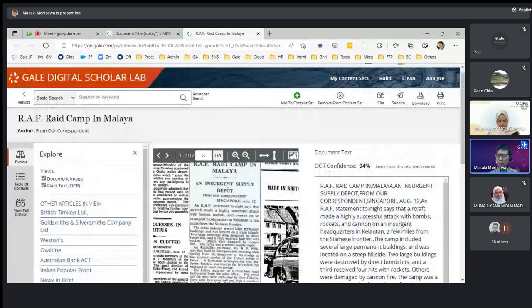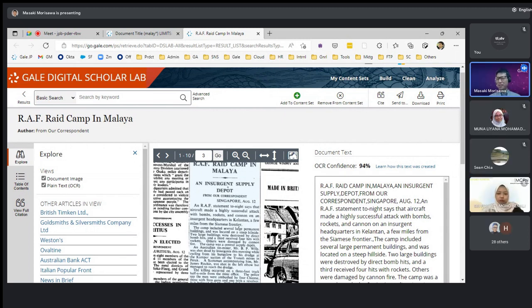And you will see that the OCR text is fairly good. The OCR confidence here says 94%, and this is sometimes misunderstood. This does not mean that the OCR text here is 94% correct. The OCR confidence is rather a sort of self-score number given by the OCR program when it does each of these OCR operations. And the OCR program, after it converts everything into text, would self-score itself and say, I think, of course, the program doesn't speak, but pretending the program has a personality, it's like the OCR program is saying,